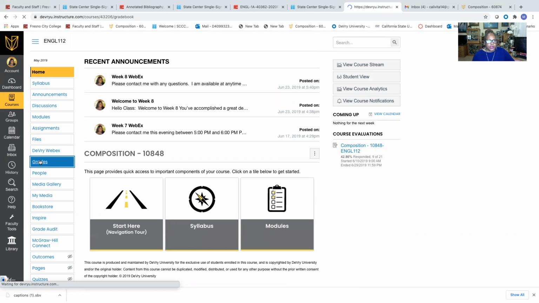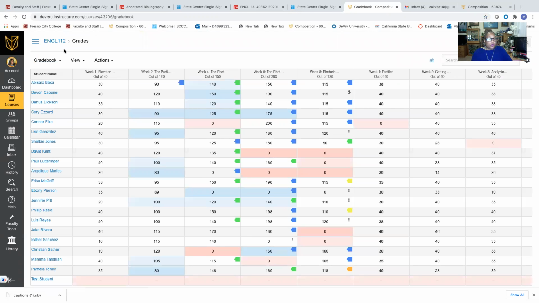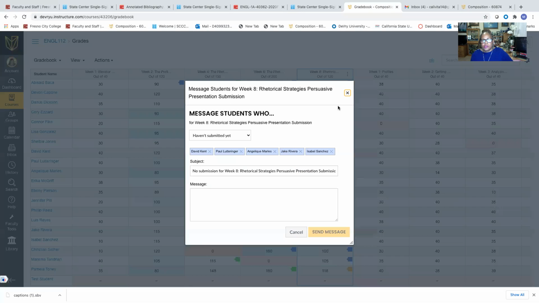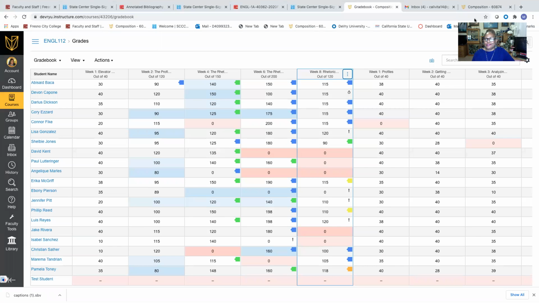So this is the tool that I use. We go right into grading. And when we go into grading, we come right here and there is a feature that says message all students who. So this is what I did. And then I said, message all students who haven't submitted yet. And they will give me a list of the students who have not submitted yet. And then I just type you a nice little message to try to submit timely or what have you. So in your class, what happened is it selected, I think, all students